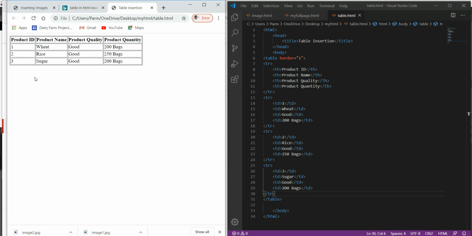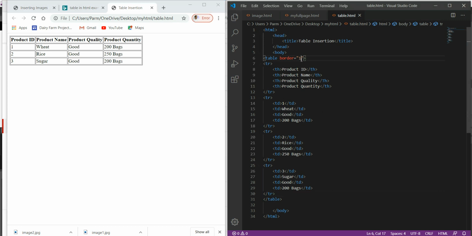This way we have created a table with the table head as product ID, product name, product quality, and product quantity, and the product data. This table consists of basically 4 rows, 1 2 3 4, and 4 columns. This way we can insert values in the table.